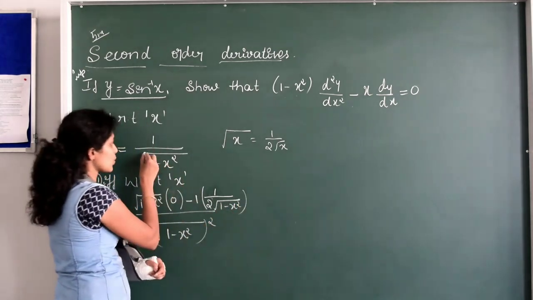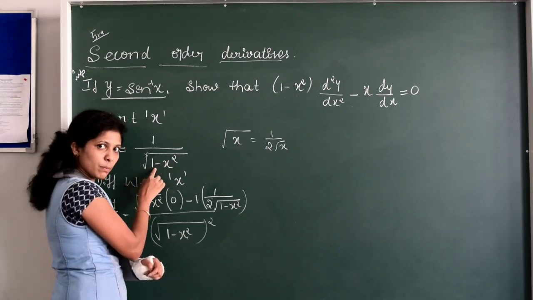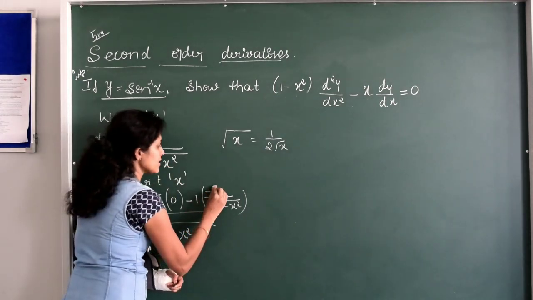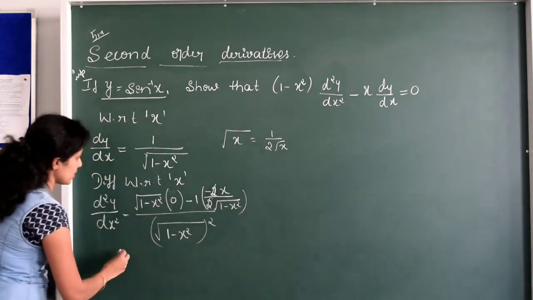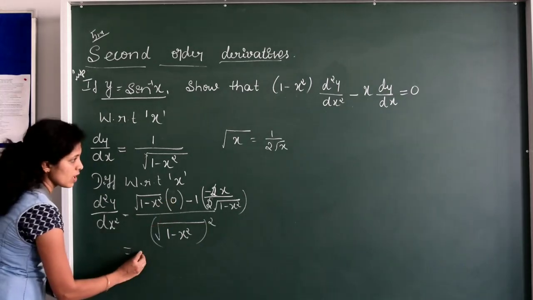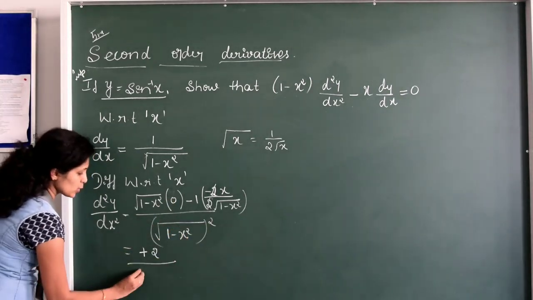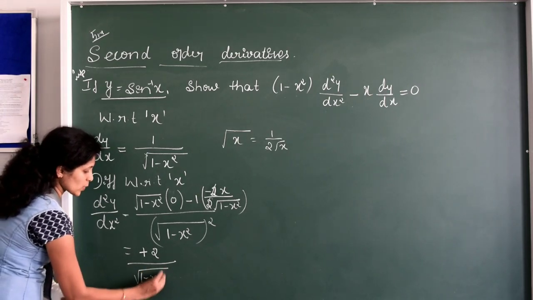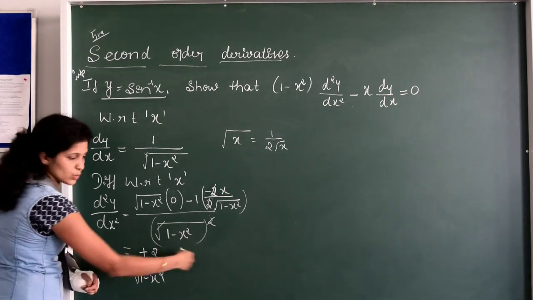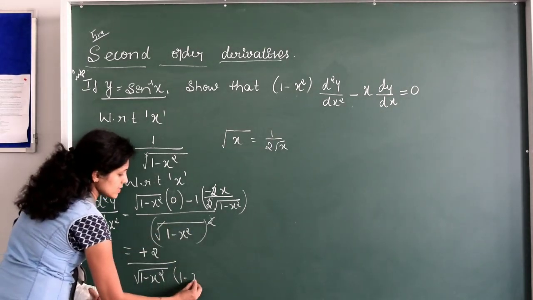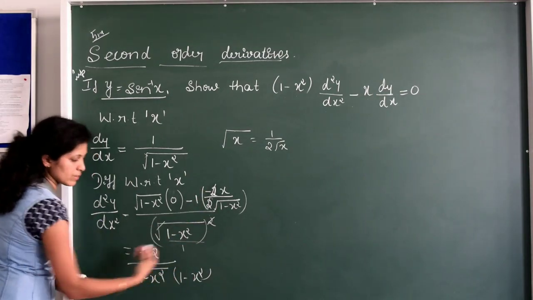We have done with this root. Now we have to differentiate this. Derivative of 1 will be 0, minus derivative of x square will be minus 2x. So that I can cancel this 2 and 2. Now what is remaining? This will be 0. Minus into minus will be plus 2 into x divided by root of 1 minus x square. Here square and square root will get cancelled, right? When it goes up, it will be 1 minus x square, right? This is 1 minus x square by 1, so it will be 1 by 1 minus x square.